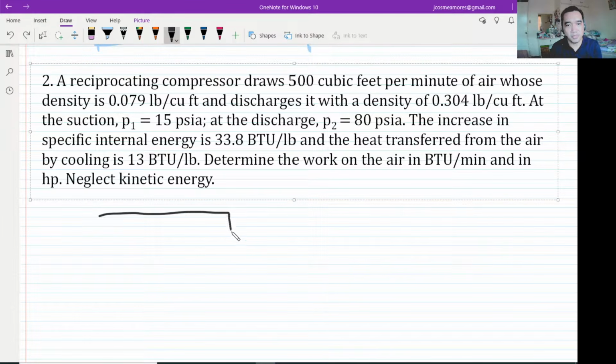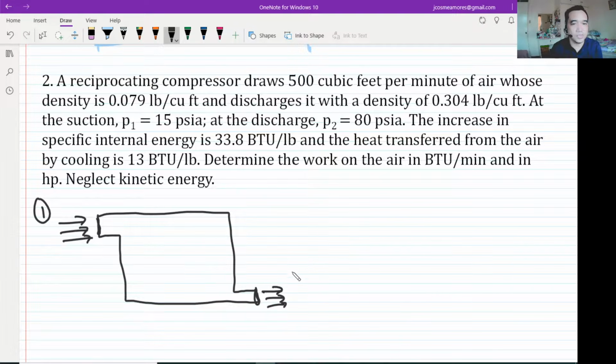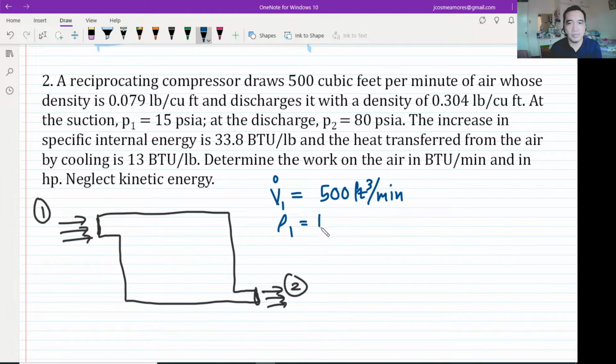We have a compressor. It has, let's say, this portion as our inlet, and this is our exit. Inlet, exit. So let's say this is point 1 and point 2. So at point 1, the air that comes in, that is the volume flow rate, 500 cubic feet per minute. Okay, and then the density of the air that's coming in is